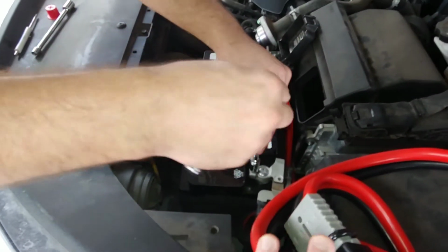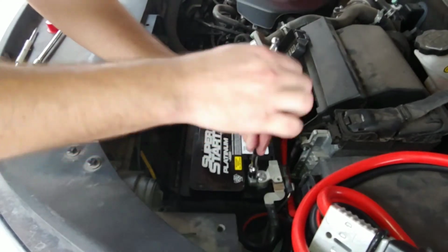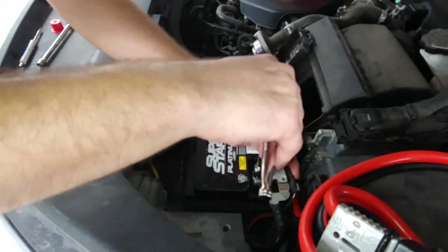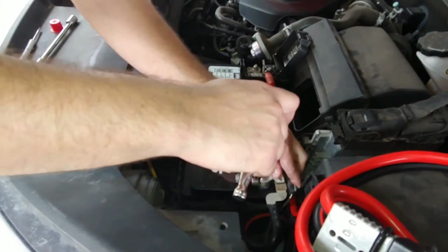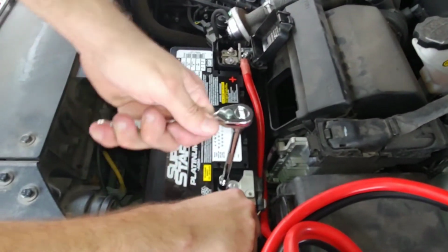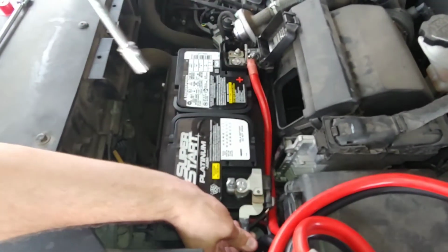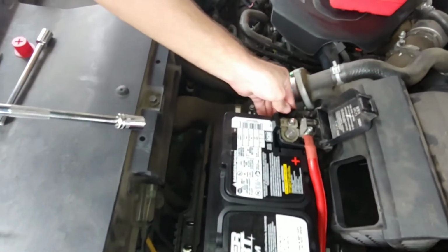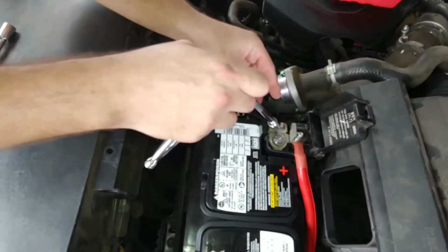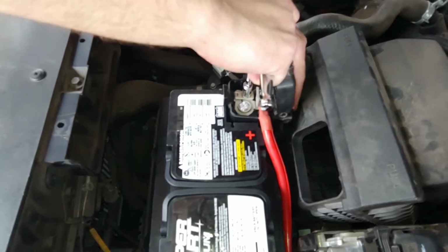Nope. I want it to be straight, so I'm going to loosen it, and then I'm going to tighten it on there and try and hold it in place. Alright, so that's not moving at all. This is still just a little bit loose, but it's okay, but you don't want it to move at all while you're